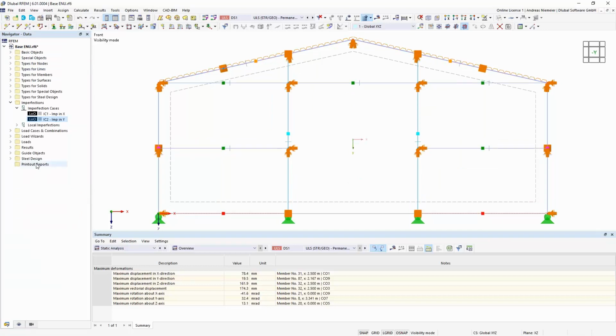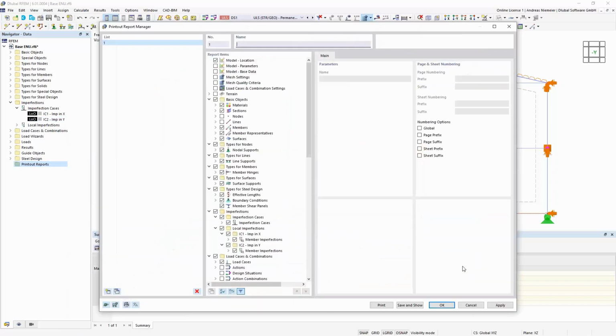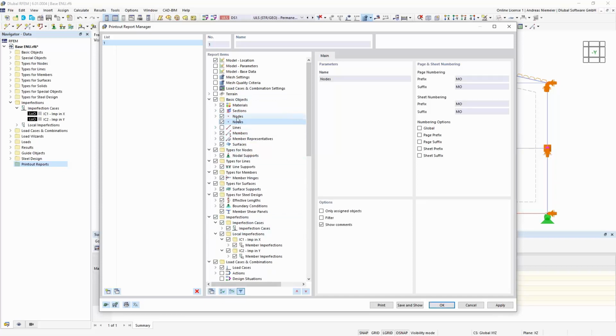But before we can print, we have to create a report, and the report is now a new application. This application gives you the option to say what should be documented. In this case you can say, for example, I want to display the table of notes, and I copy this table of notes. So you have two, maybe one for base.